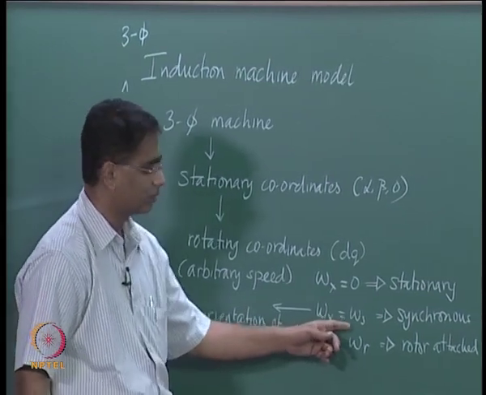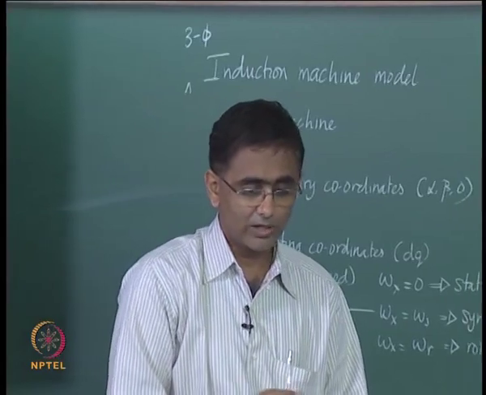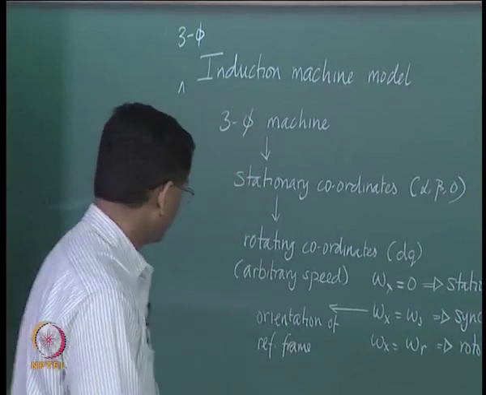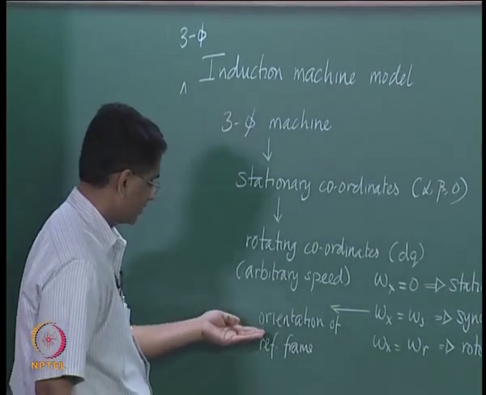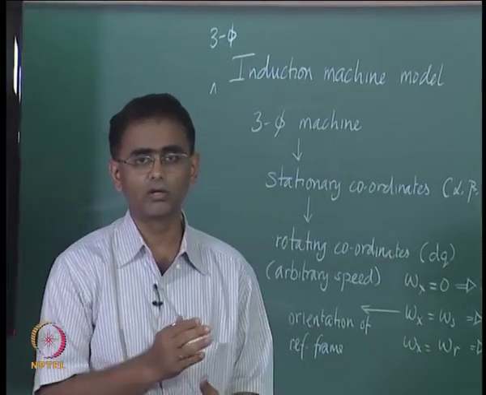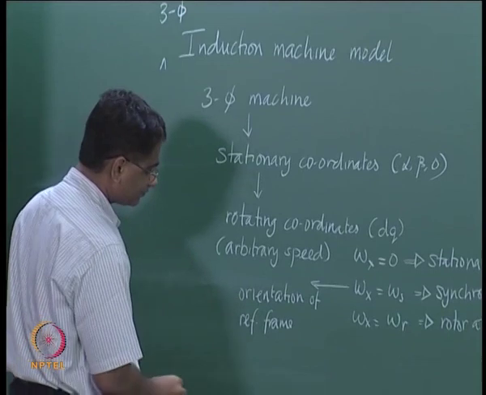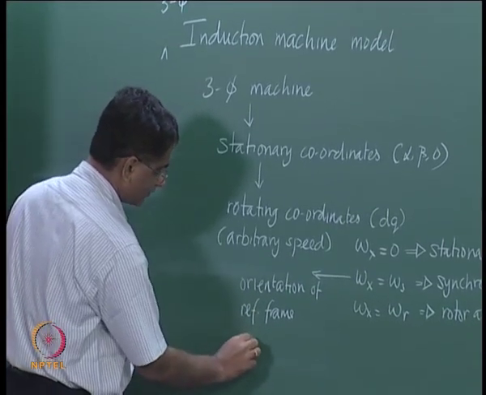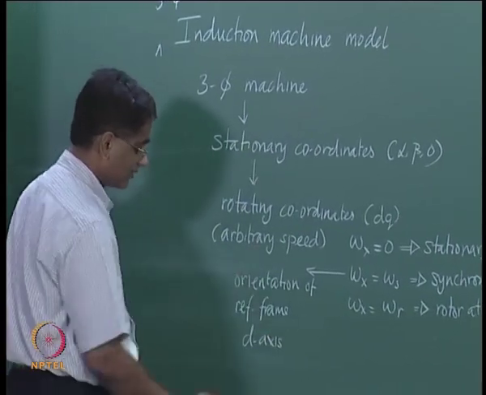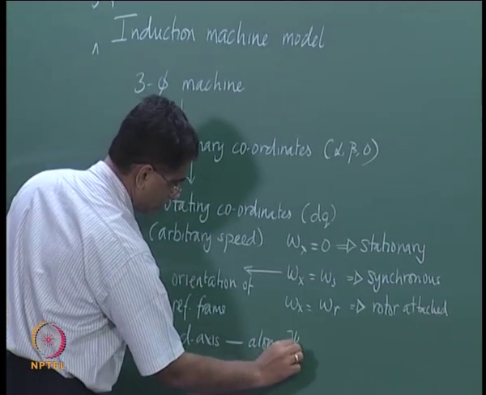What omega x equal to omega s says is that the frame should rotate at synchronous speed, but it does not really say where the d axis must be, and we had seen in the last lecture that the axis of the reference frame may be oriented along a particular space vector. For example, we had selected in the last lecture the reference frame where the d axis of the rotating reference frame is oriented along the rotor flux vector,